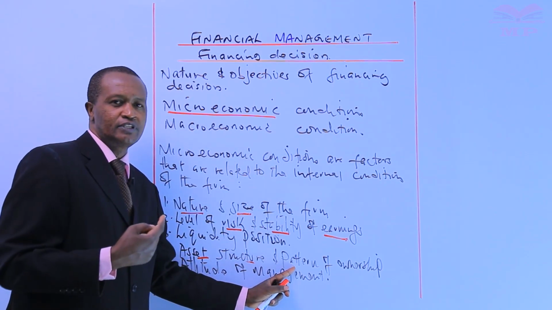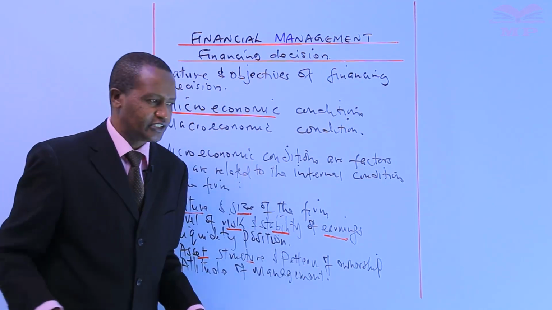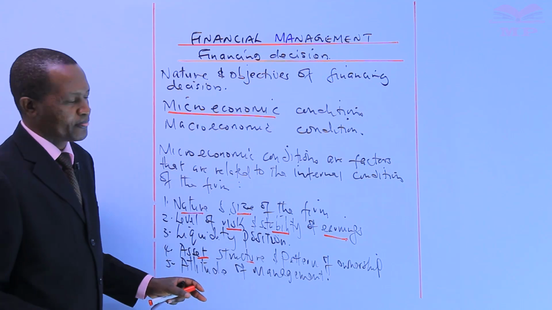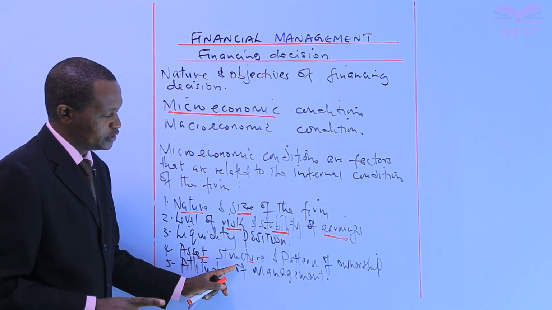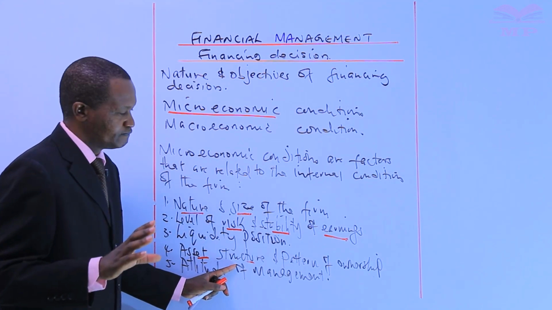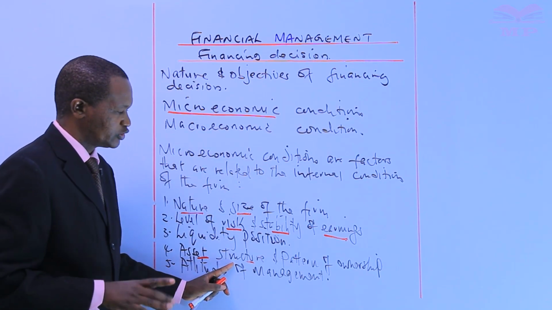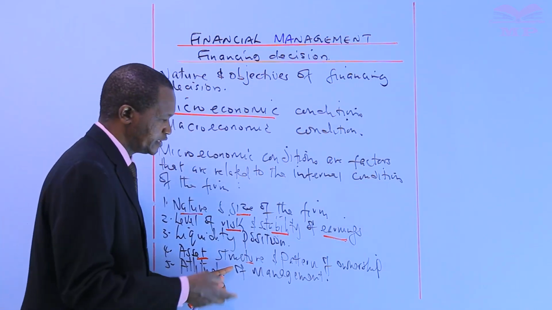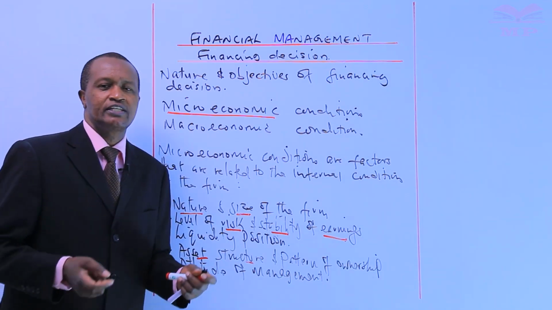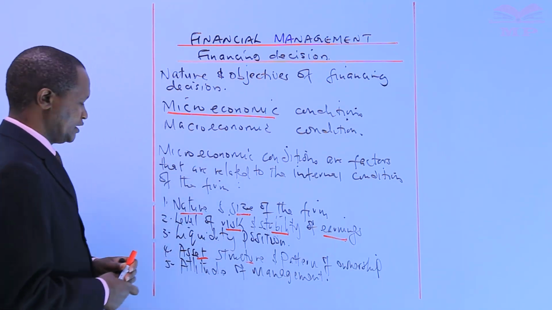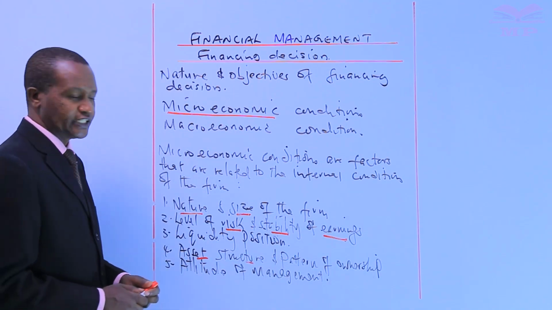It's very easy to persuade a small group of people to accept a conservative dividend policy in the interest of the firm. But in cases where there are many shareholders, 1,000 shareholders, then their wishes also matter considerably. It's not easy to convince 2,000 people to hold on. It's not easy to convince such a large number of owners to accept a conservative dividend policy because these owners have varying needs. They have varying wishes, and their wishes matter considerably. So the asset structure and the pattern of ownership influences financing decisions.